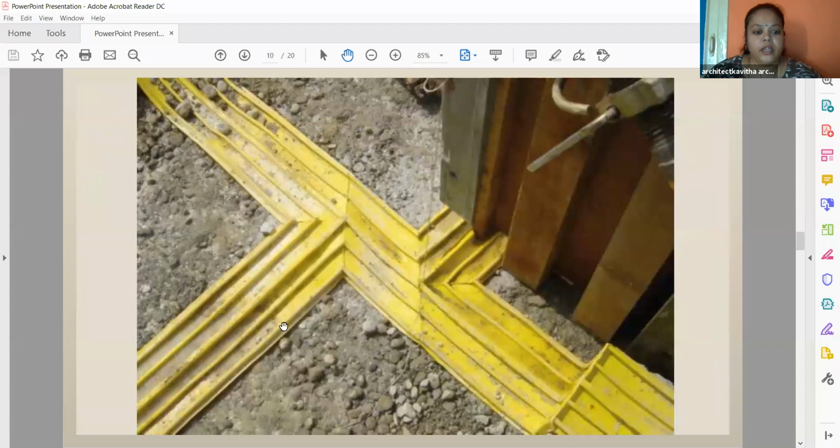So this is again another water bar where you have a level difference. So there you can see if you have too many junctions, so they give water bars like this. You have one wall here, undulation kind. So you have different materials in the market depending on the construction type.